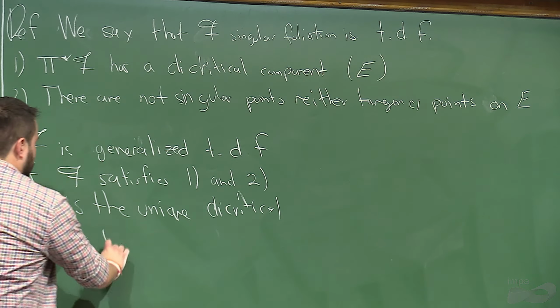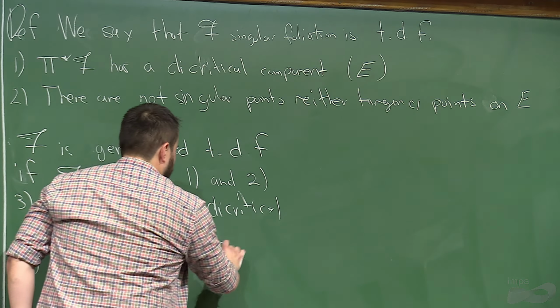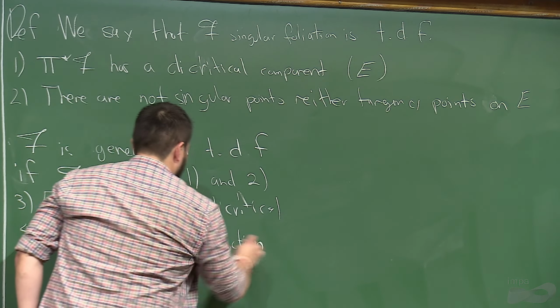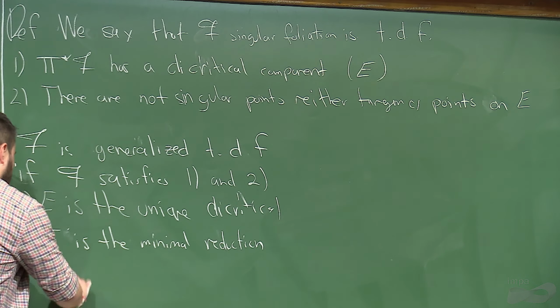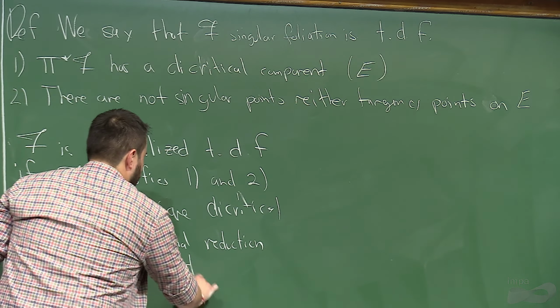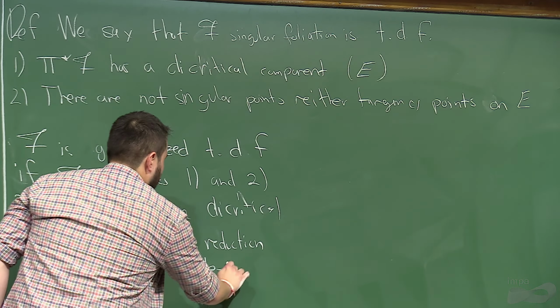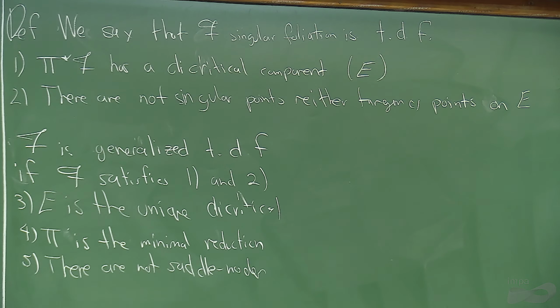Pi is the minimal reduction of singularities. And there are no saddle nodes. Okay? So what is the result? Okay? So here